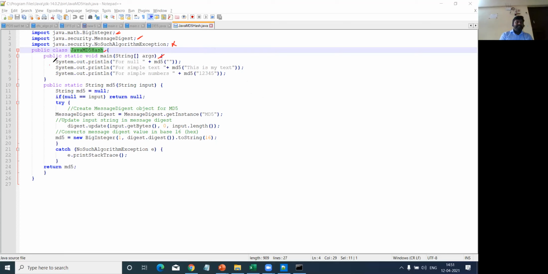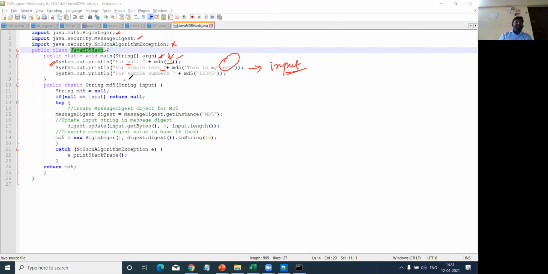Here I am just printing the three values, right? The first is for null, with MD5. Followed by, here this is the input which I am passing for MD5, which is null. And here for simple text, this is my text, this is the input which I am going to pass to the program in order to create an MD5 hash code.